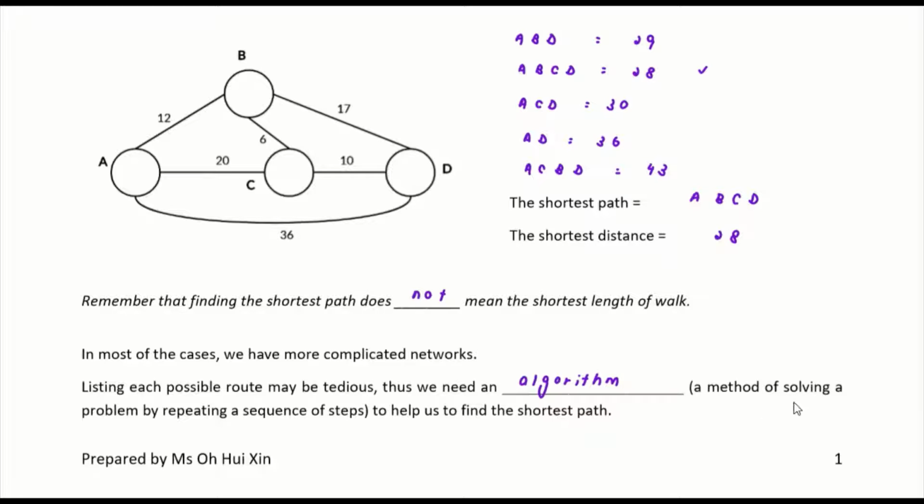It is basically a method of solving a problem by repeating a sequence of steps. So later when I show you two examples, you will see that the questions that I ask and the steps that I guide you through are always the same for every step. Then you just repeat the steps until you get your last answer, which is the shortest path